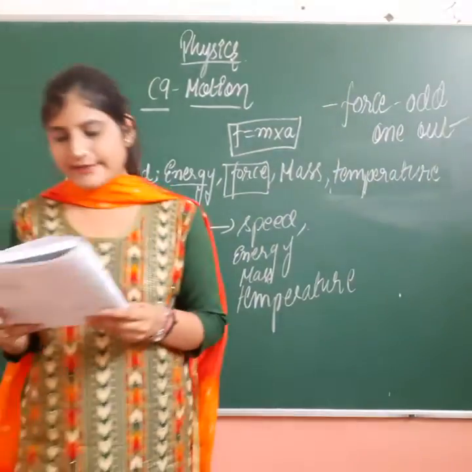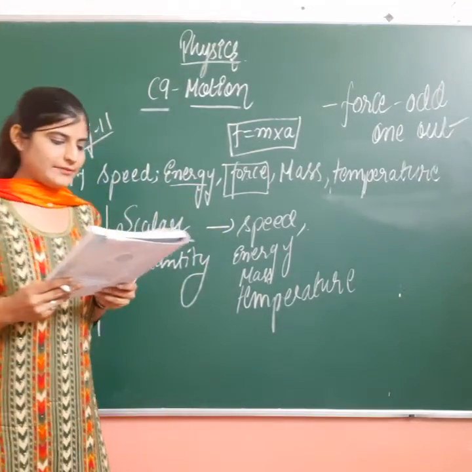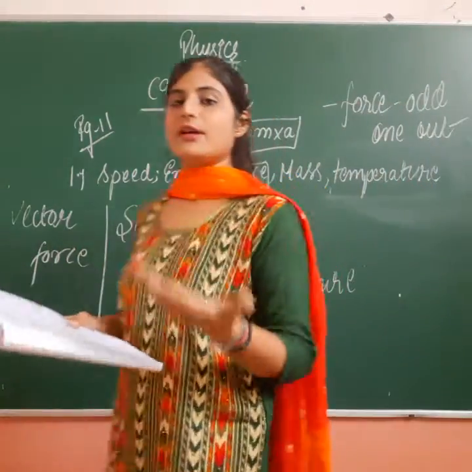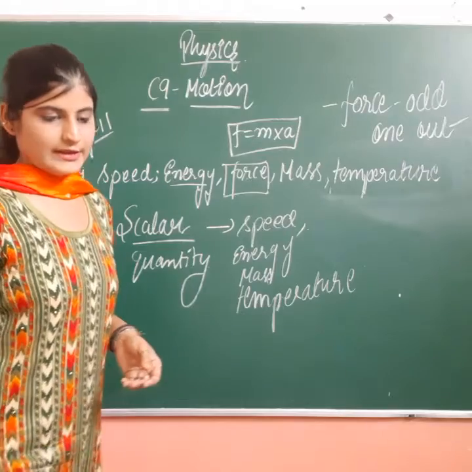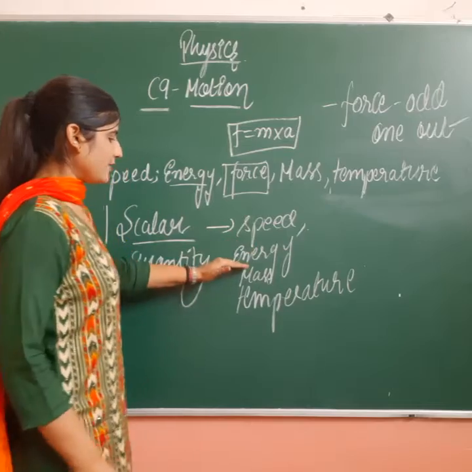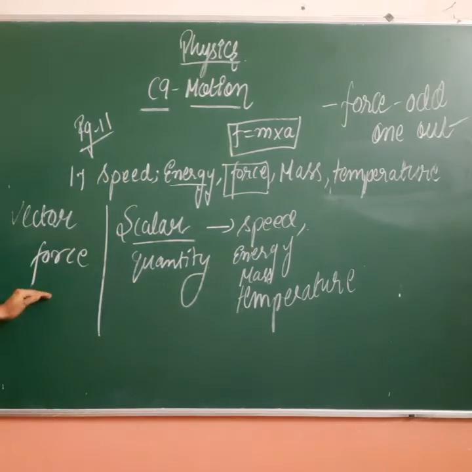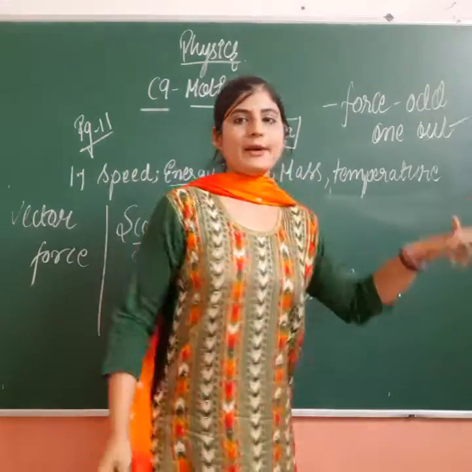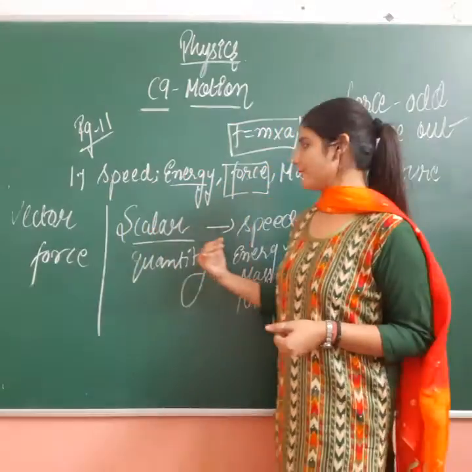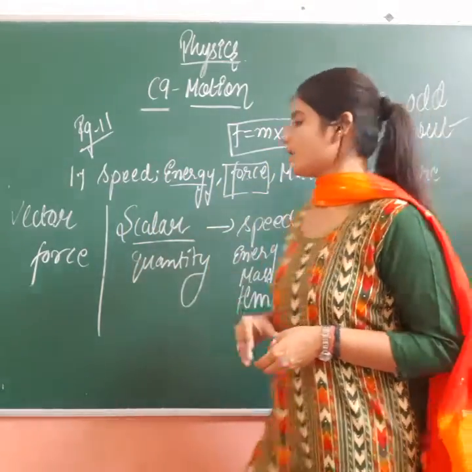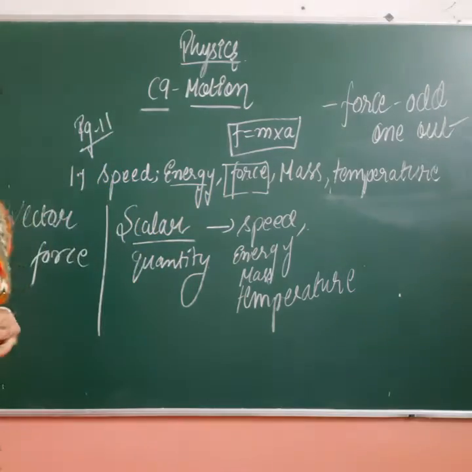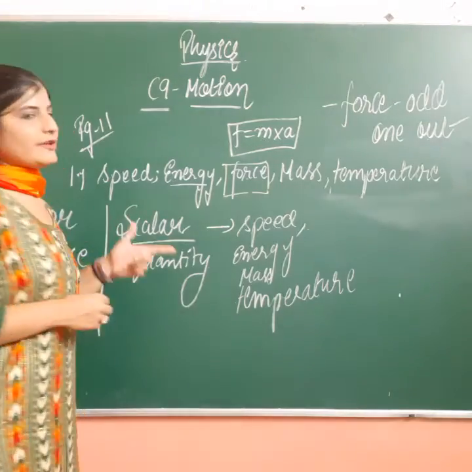Now we'll come to the next part: weight, acceleration, velocity, distance and momentum. Now weight, acceleration, velocity and momentum are all again vector quantities. Now just write down this part. First of all, scalar quantities are speed, energy, mass, temperature. Vector is force, so the odd one is force. Second part we will do after this, and you have to write down in your notebooks. Try to solve each and every question in your registers, okay? So that you can know why we have taken out force as the odd one out. Write it down in a minute, then we'll come to the second part.